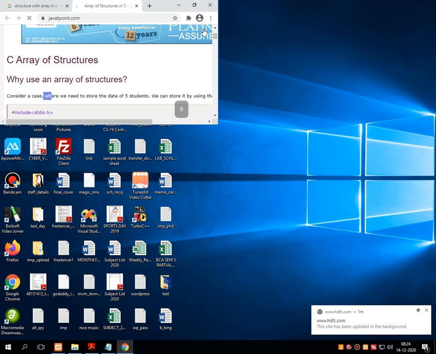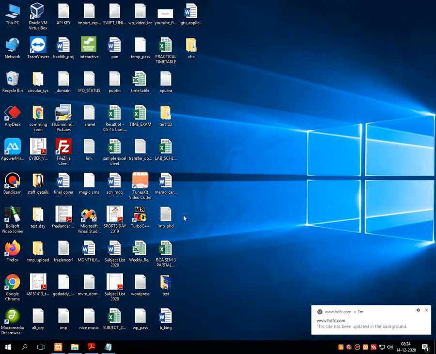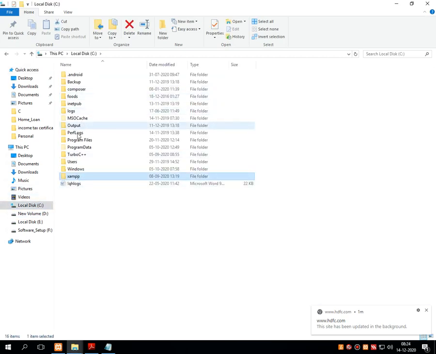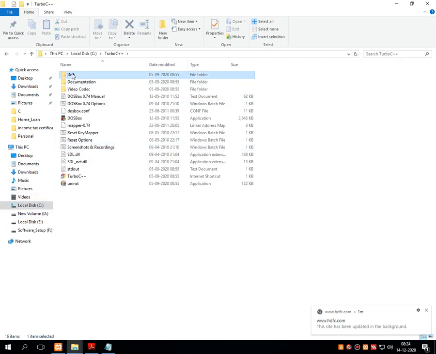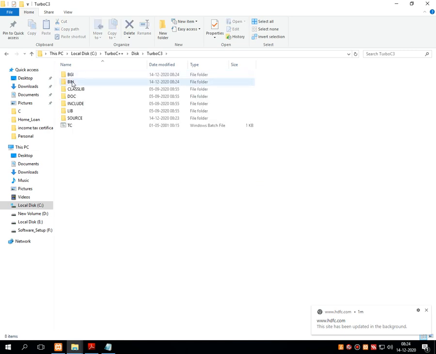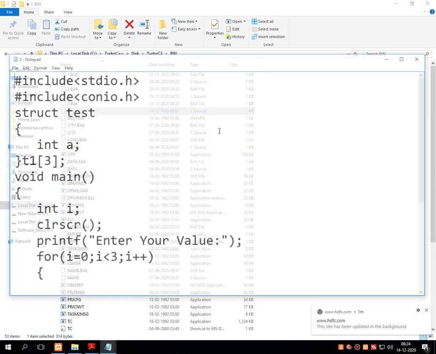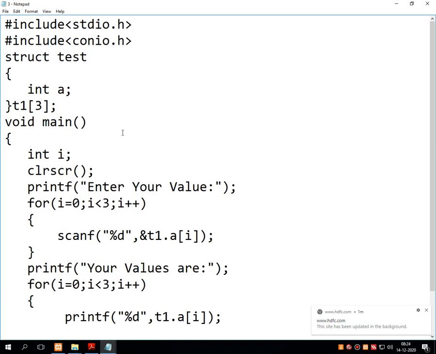For better visibility, I am showing you this particular program in Notepad. And we will also repeat that program again. So let's open the program. This is the program. What I have done is,